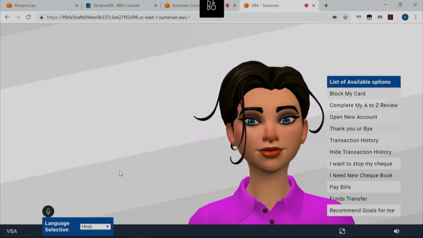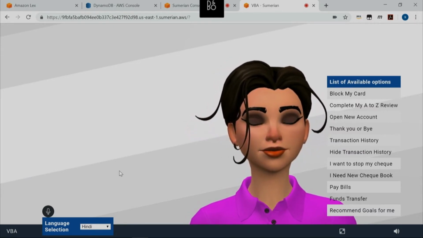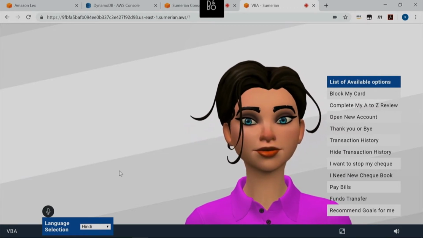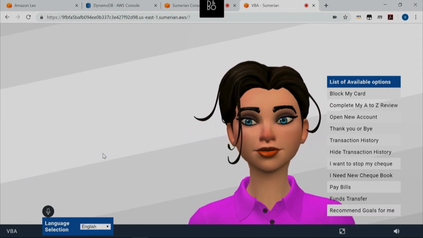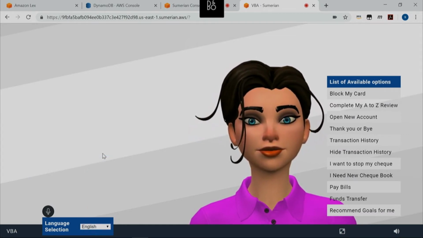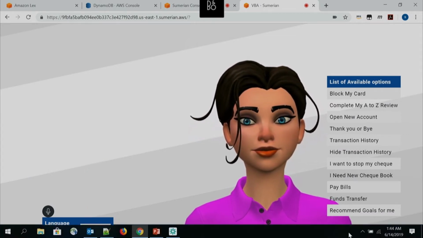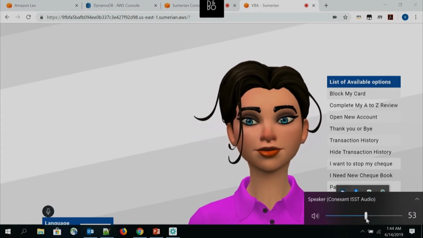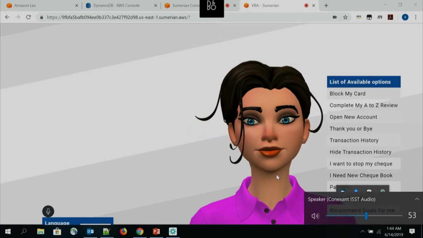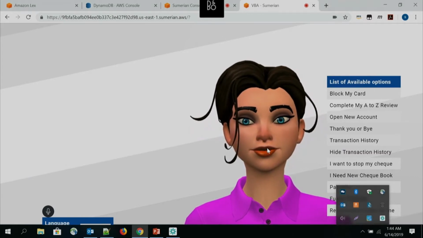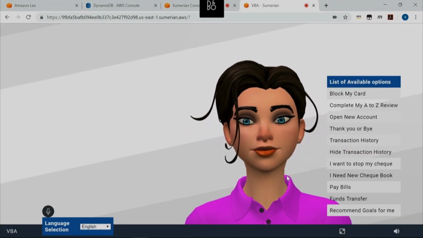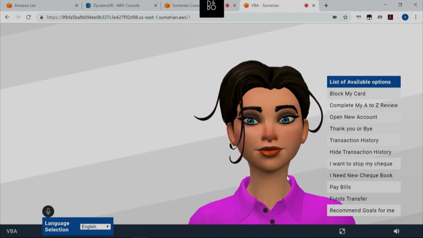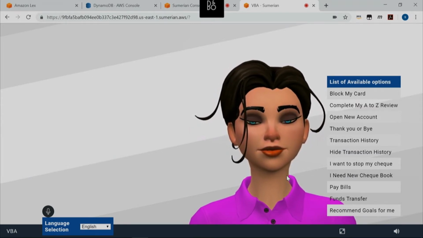So yes, it does. That's awesome. That's really great. So that's one of the newer languages. Interesting. Yeah, and that's one thing that's cool is that this is using Amazon Polly, and Amazon Polly is a separate service, but it integrates directly into Sumerian, and they are always releasing new voices. So it's kind of cool to see the different stuff that's coming out on their side. Okay. Good. So shall I continue with the demo? Yeah, please do.